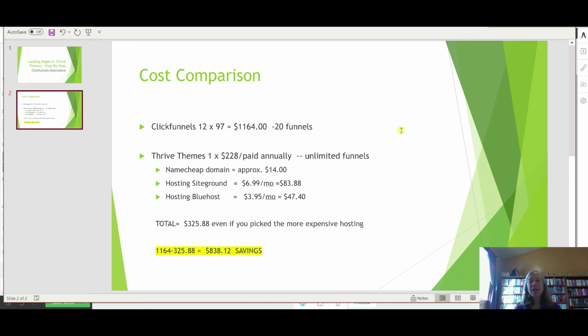So say you pick, SiteGround is a little bit more expensive. So say you pick the SiteGround like I did. That is $6.99 a month for the lower level, smaller website, which turns out to be $83.88 a year. So if you add that up, basically, to use just Thrive Themes as your landing page builder,